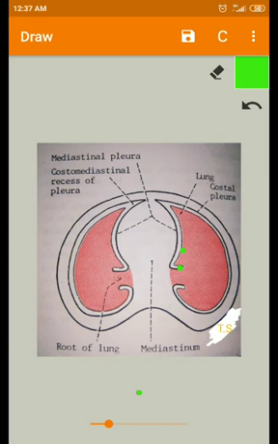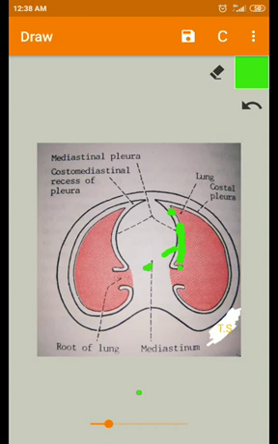So just remember that these two layers originate from different layers of the lateral plate of mesoderm. One is the somatopleuric, that is the parietal layer, and the other is splanchnopleuric, that is the pulmonary pleura. And this pulmonary pleura is supplied by autonomic nerves, called sympathetic nerves, which are derived from spinal segments T4 and T5, and also accompanied with bronchial vessels.